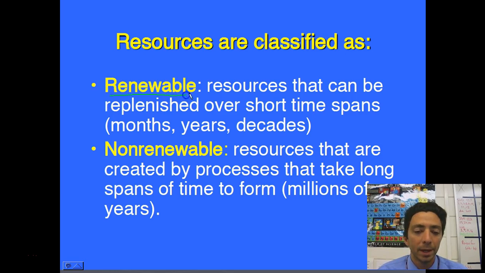If it's renewable, it should be able to be recycled or renewed in the human time scale. And so we're usually talking less than 100 years for a renewable resource. This would be things like water, air, solar, wind power, that kind of stuff. Non-renewable resources are ones that take millions of years, beyond the human scale, things like coal, oil, and even some of our metal minerals. Once we've used them up and exhausted them, we can run out of resources we can tap, and we've got to recycle what we've already put to use.